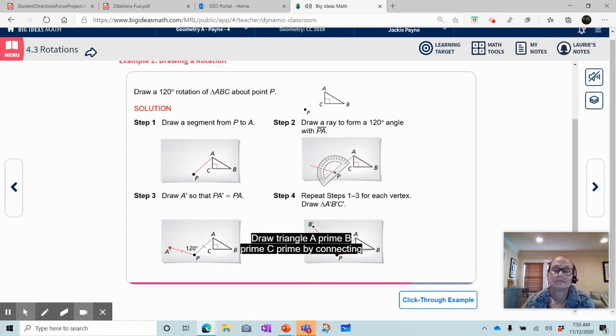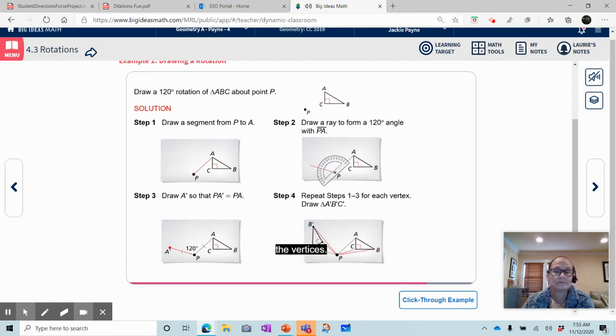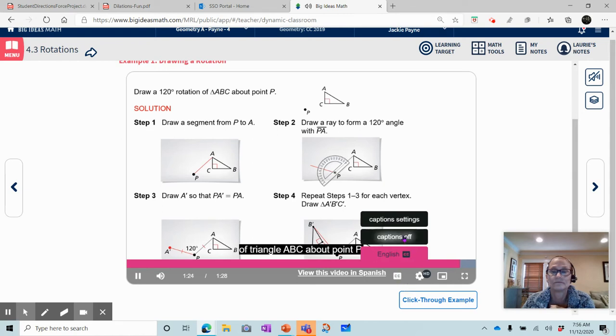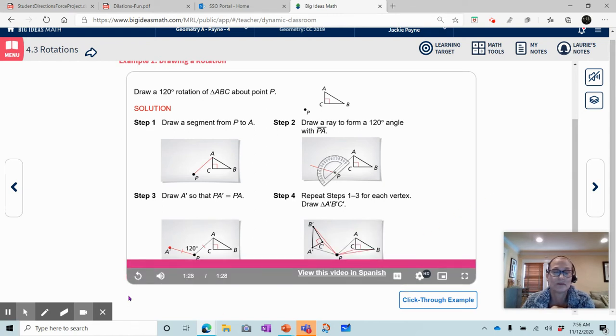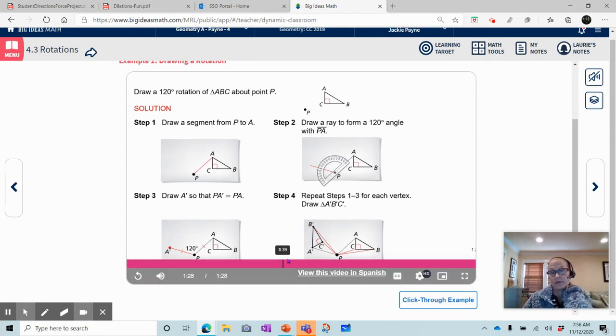Draw triangle A prime, B prime, C prime by connecting the vertices. So triangle A prime, B prime, C prime is a 120-degree rotation of triangle ABC about P. Sorry about that with the words right in front of the drawing, but you can see you measure the distance